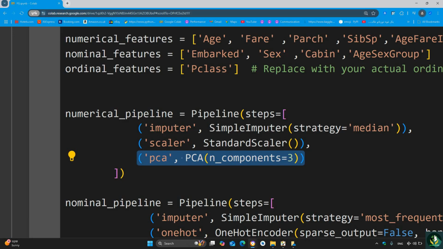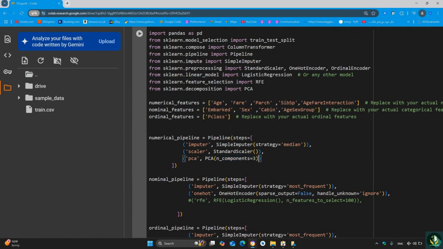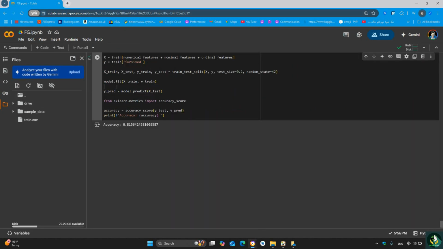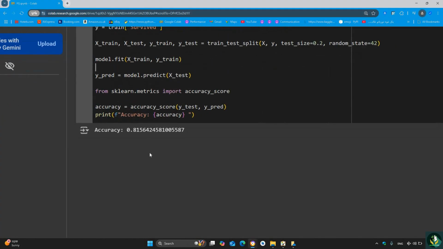So we have this new PCA step. Here we will type PCA, and here we have this argument n_components equal to 3. Let's make it firstly equal to 1, which means we will create just one feature from these 5 features. Okay, and that's it. Let's run the cell, and here is the result,